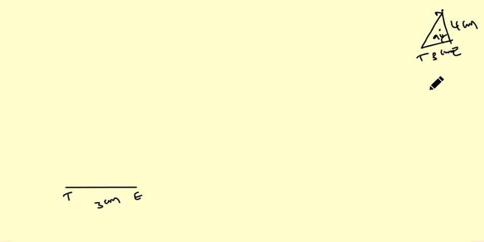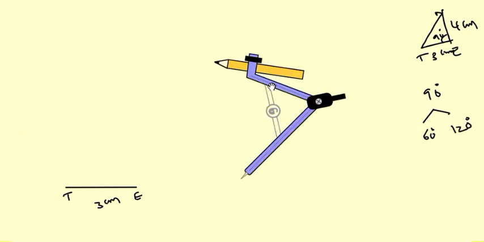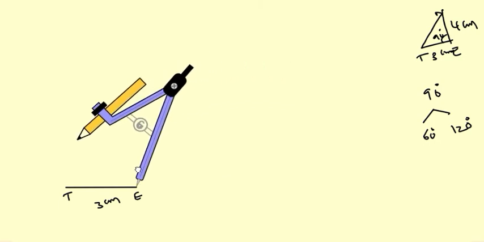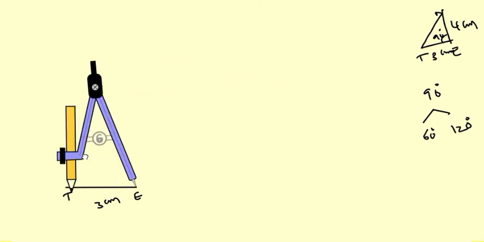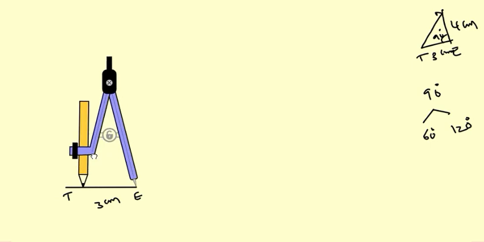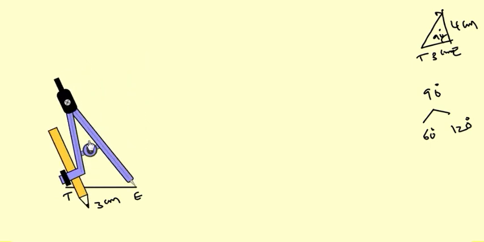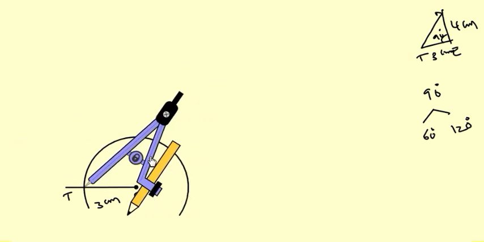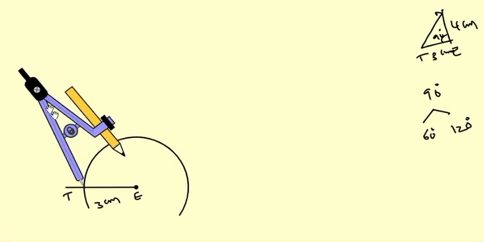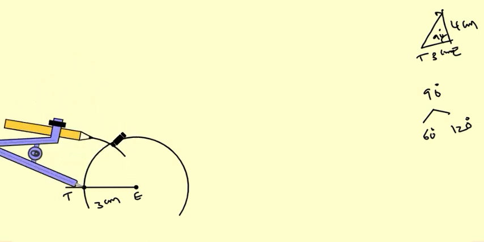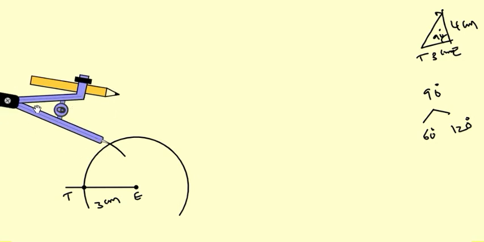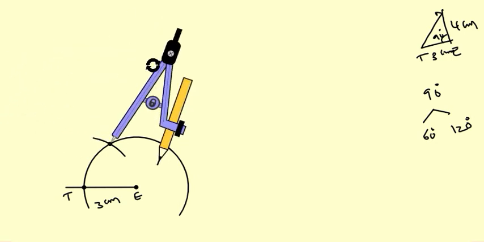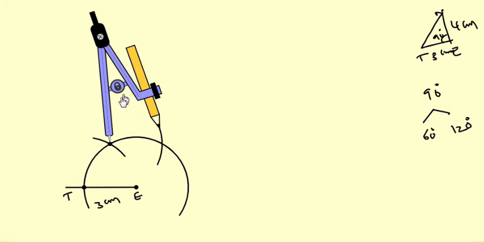and construct 90 degrees. So to get 90 degrees, we need to bisect the 60 and 120. Now let's construct 60 and 120, then bisect. For that, take the compass radius more than half of the length of T to E. Now with E as the center, draw an arc. Now with the same radius again, draw another arc which cuts the previous arc at point 60 degrees. So this arc indicates 60. Now draw another arc, this arc indicating 120 degrees.